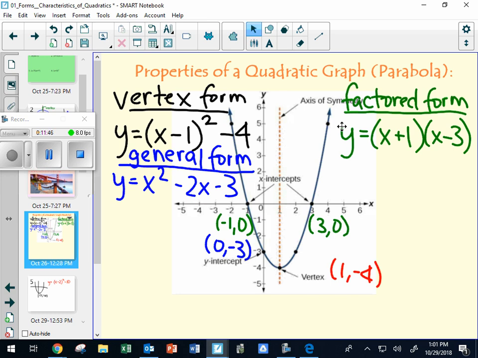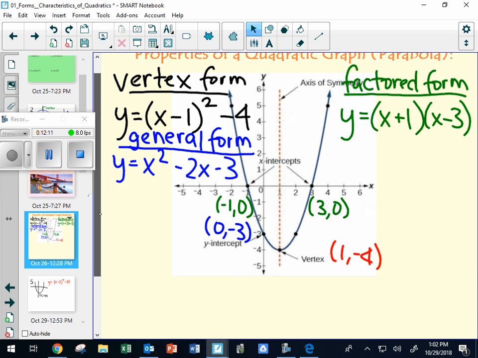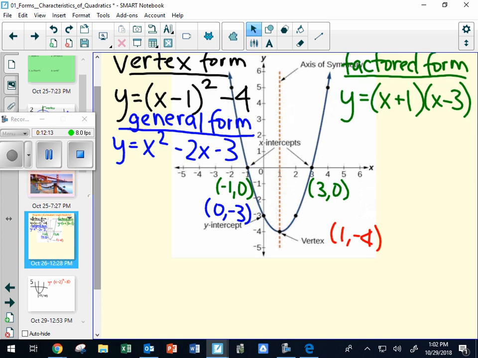So our factored form shows us our x-intercepts, or roots. Each of these three forms has pluses and minuses, and each will help you get a different one of our four important aspects. So what we want to do now is, from these three forms that we have,